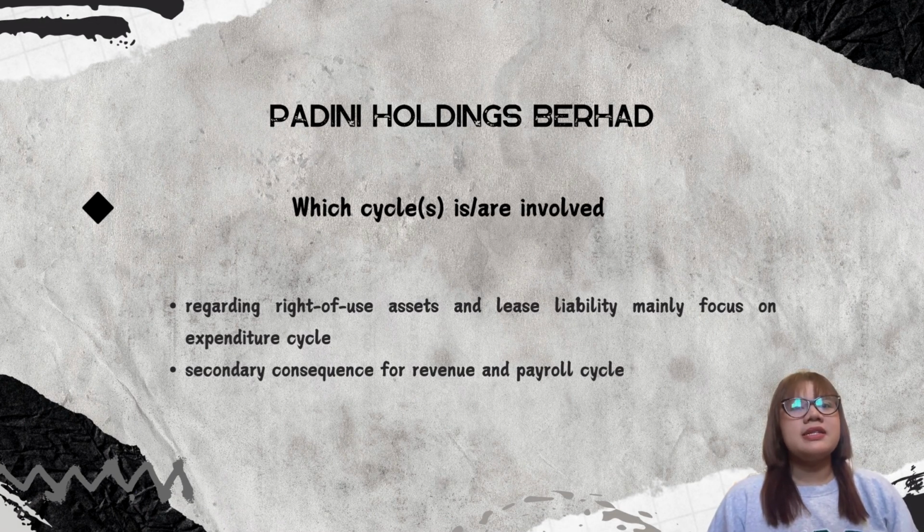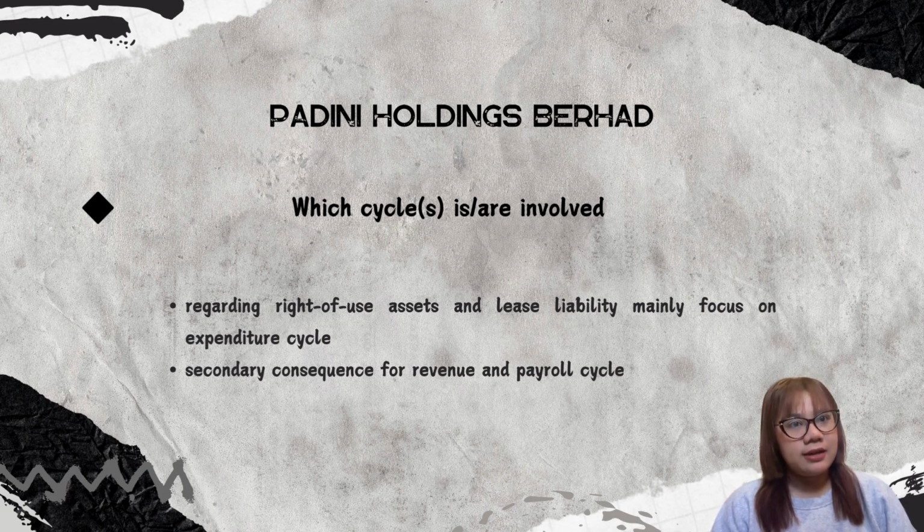So, I will be discussing the key audit matters related to PADINI Holdings BERHAD, focusing on the areas of lease liability and right of use assets, as well as the audit procedure employed. Firstly is about key audit matters. For PADINI, the primary key audit matter revolves around lease accounting, particularly the recognition and measurement of lease liability and